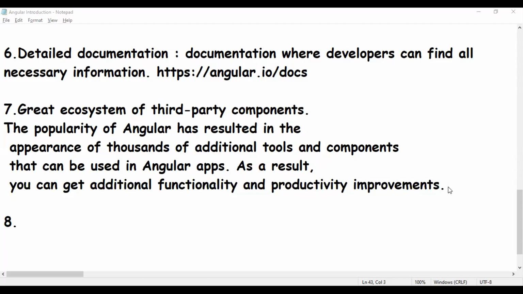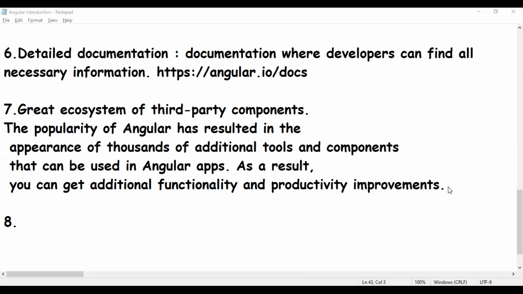What about the eighth point? The advantage: component based architecture. In the second version, Angular shifted from an MVC to a component based architecture.